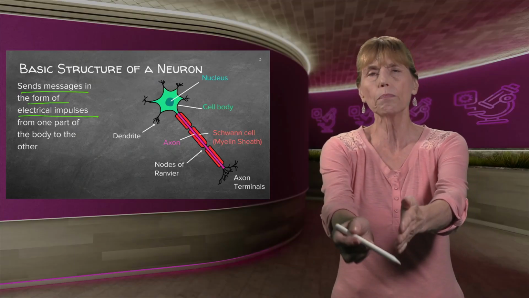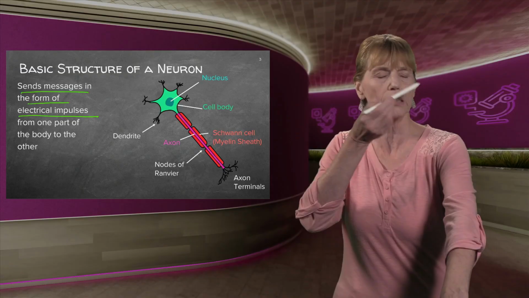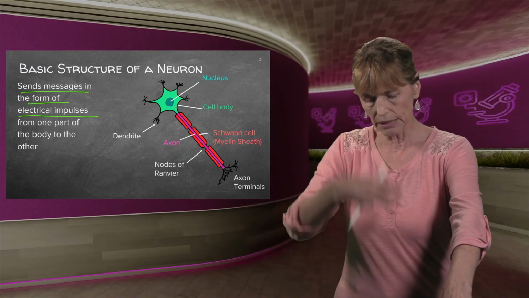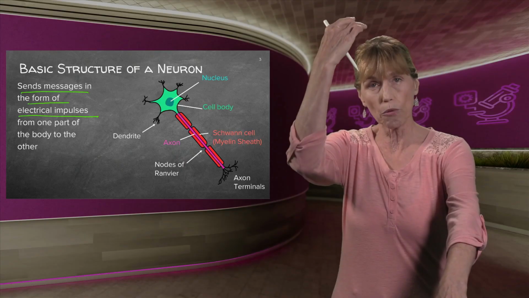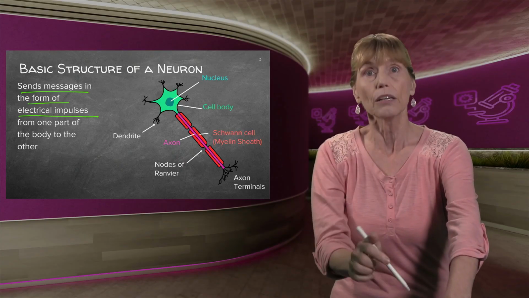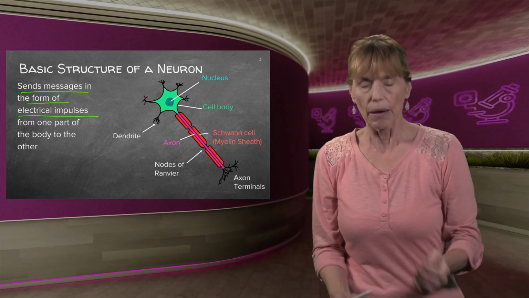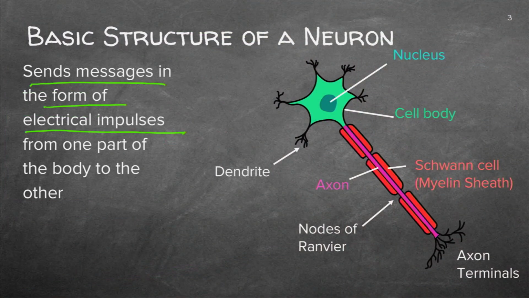So the neurons picking up the information that you're burning your finger will run across into your central nervous system, and it will give the information to your brain. Your brain will then send a message back down a different pathway to lift your finger up. But what do these little messengers look like? They have a top part called the dendrite. They have the axon,